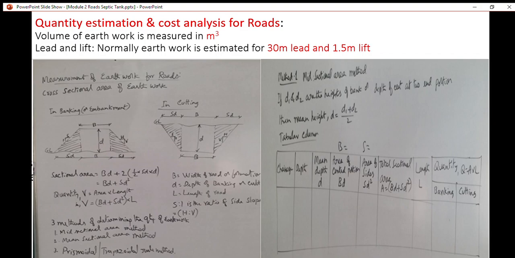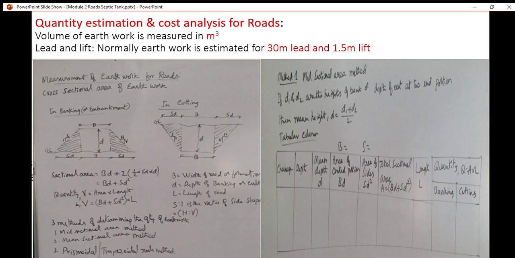The subgrade is the pavement layer, which is made up of compacted earth prepared to the required width and gradient. Either the ground is cut to the required level with the proper side slopes, or earth is filled in the depression or valleys, known as embankment, which is raised to the required level with the proper side slopes. The surface level of the highway subgrade is known as formation level, which means it is the top surface of embankment or bottom surface of cutting.